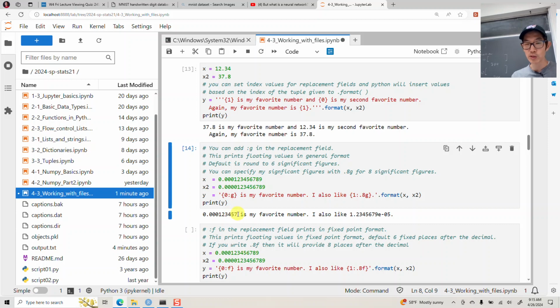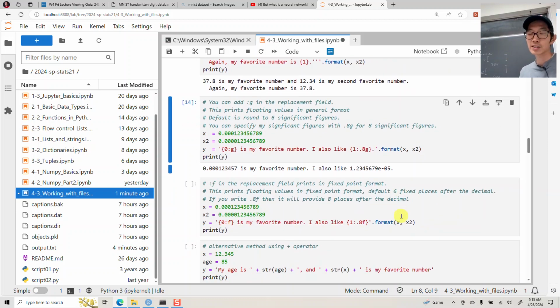That 6 gets rounded to a 7 here. Over here I said keep 8 significant figures, and it's going to print it out in a scientific form, and we get 1.23456 and then that 8, that 8 got rounded to a 9, and it says E minus 05. Okay, so